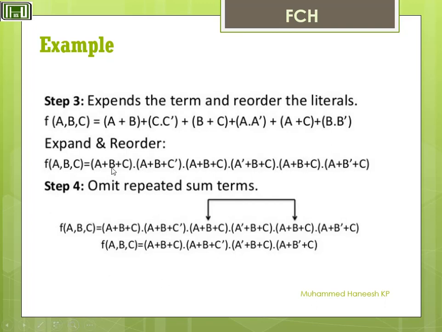reorder. We have (A + B + C)(A + B + C bar), then (A + B + C)(A complement + B + C), then (A + B + C)(A + B complement + C). Now omit repeated sum terms. We have A + B + C repeated. Now this is the standard form, that is (A + B + C)(A + B + C complement)(A complement + B + C)(A + B complement + C). This is the standard